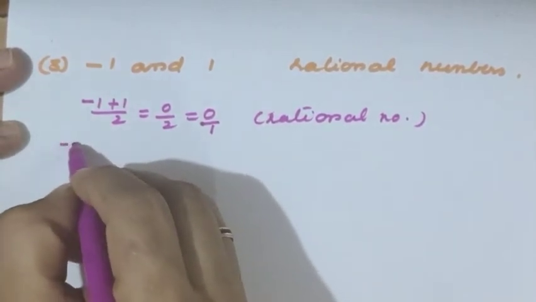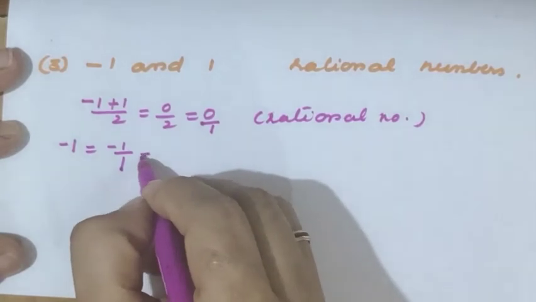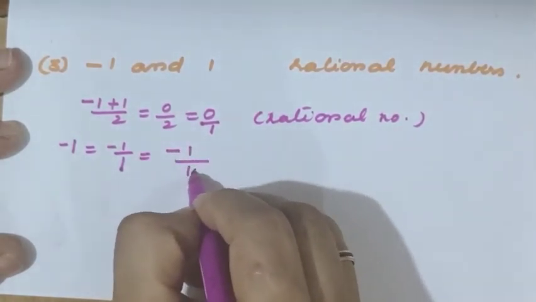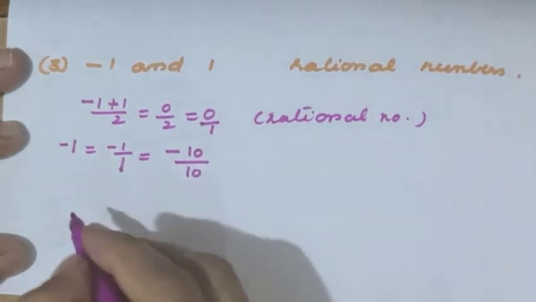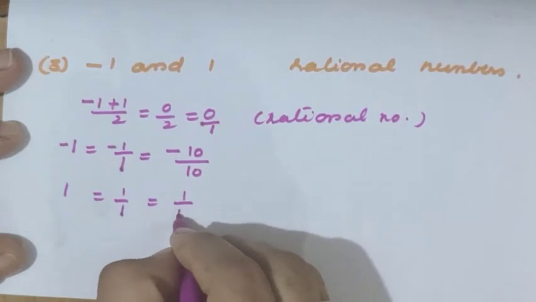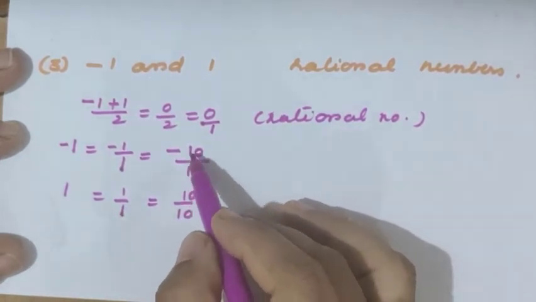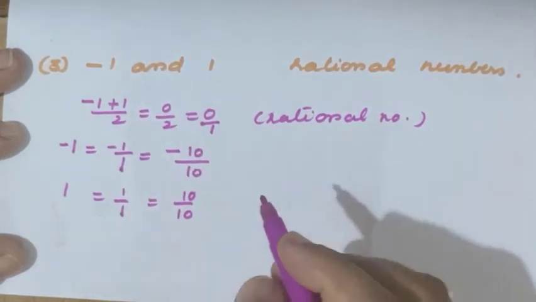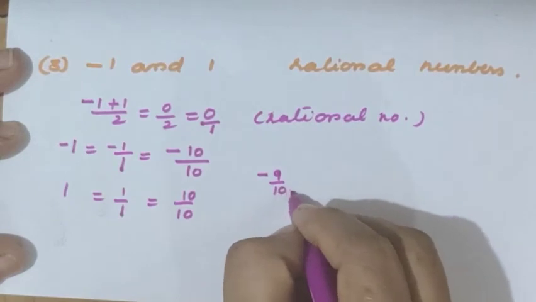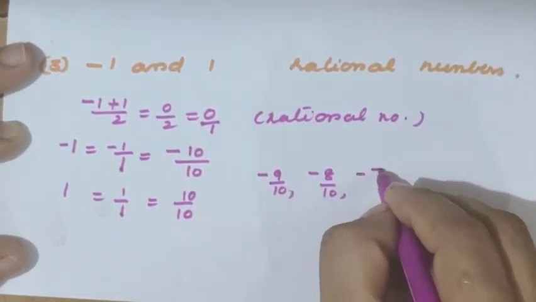Now let us see, minus 1 can be written as minus 1 by 1, right? Now minus 1 by 1, making the denominator 10 means the numerator also becomes minus 10. Now 1 I can write as 1 by 1, and as 10 by 10. So in between how many rational numbers are possible? I can write from minus 9 by 10, minus 8 by 10, minus 7 by 10,